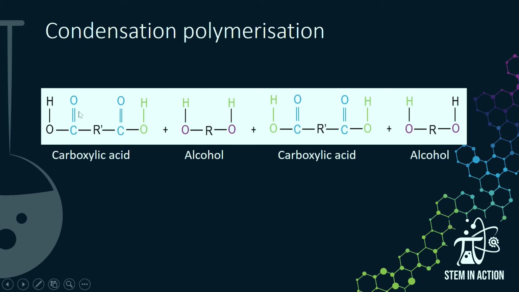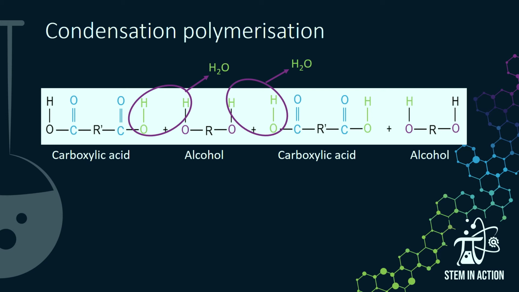But to note, like I've said, both of these monomers have double functional groups, one on each end, such that you can react this part. So this carboxylic acid can react on its functional group to the right with the alcohol, and we produce our water by removing the OH from the carboxylic acid and the H from the alcohol. That's our byproduct. And this alcohol can also react on its other functional group, likewise to join another carboxylic acid